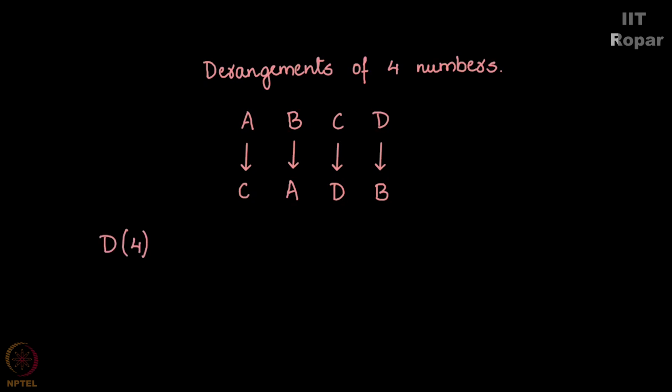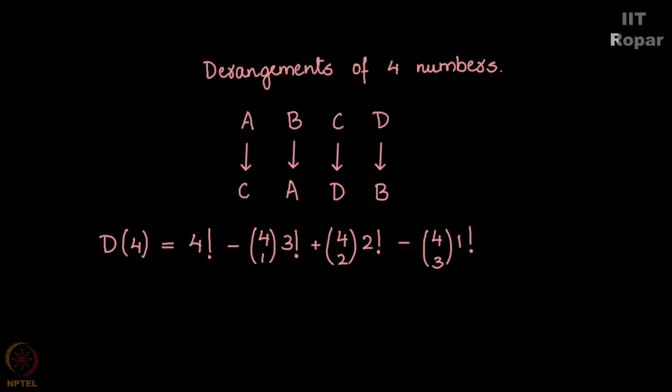Well, we know that D4 has to be found out here and it is equal to 4 factorial minus, well, the formula will come to help us here, right? You need not really write n of C1, n of C2 at this point. You can use the formula at this stage. Once you know the conditions, it is seen that things are clear in your mind. Now, 4 factorial minus 4 choose 1 into 3 factorial plus 4 choose 2 into 2 factorial minus 4 choose 3 into 1 factorial plus 4 choose 4 into 0 factorial.